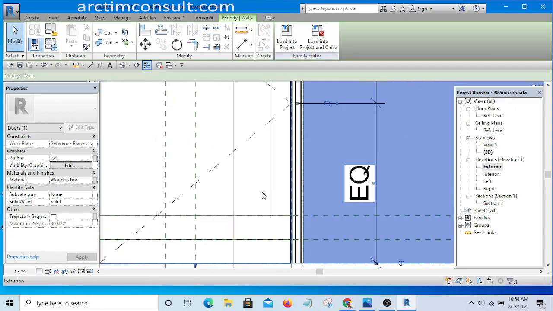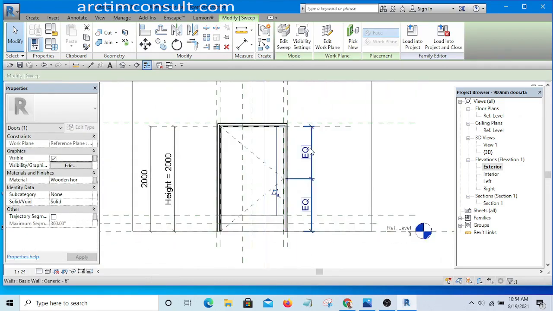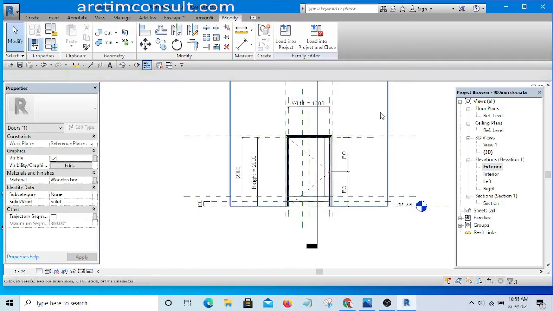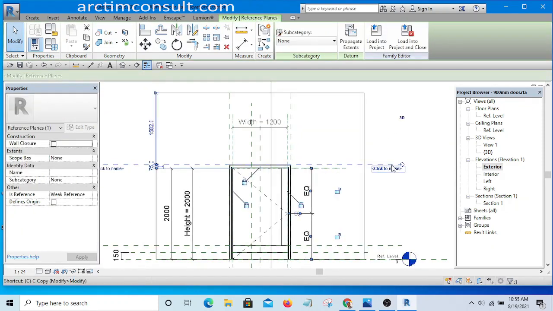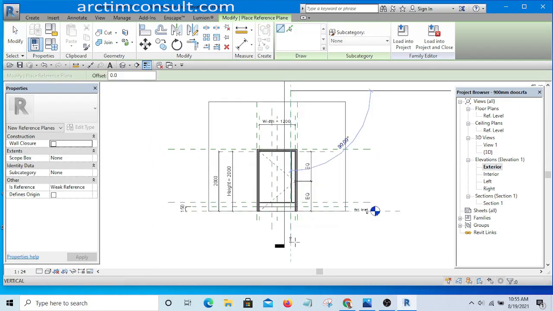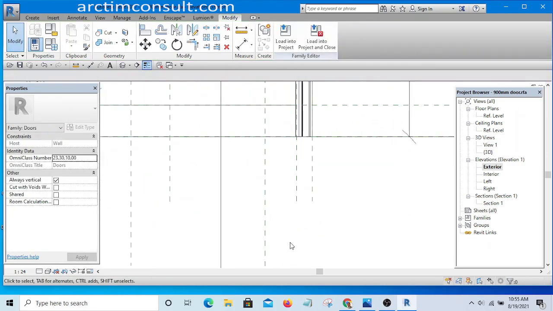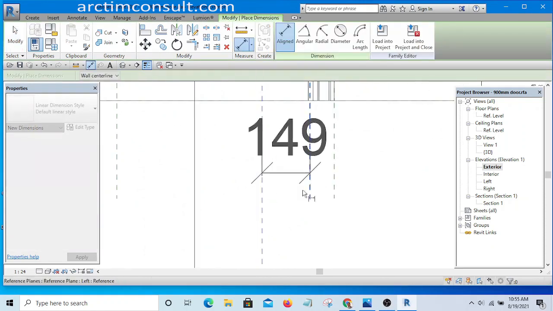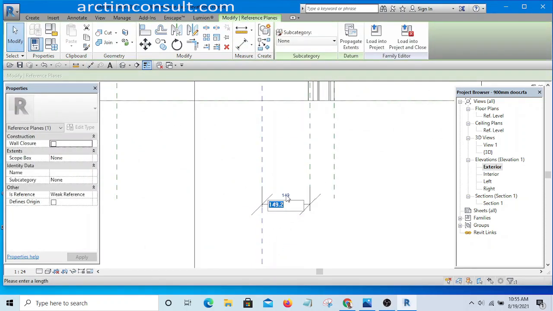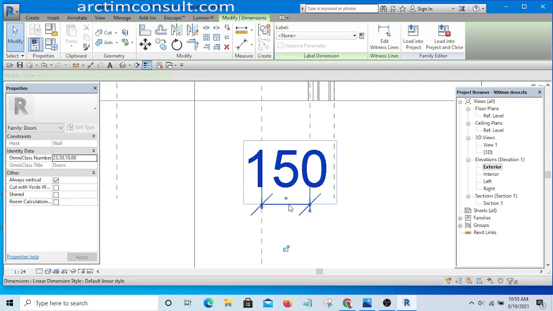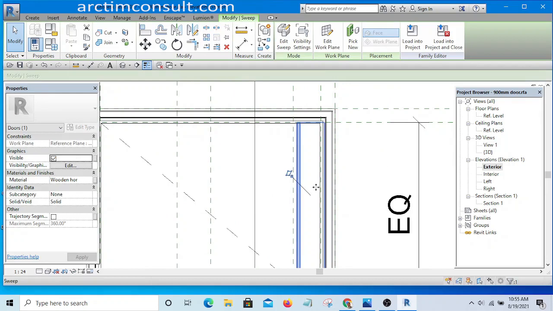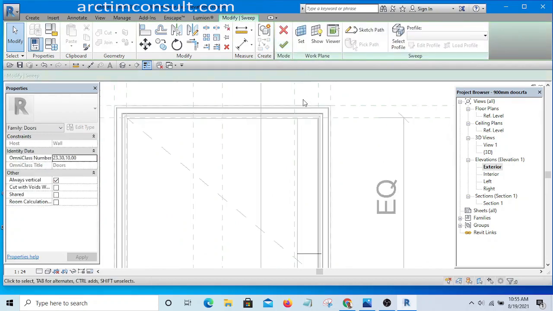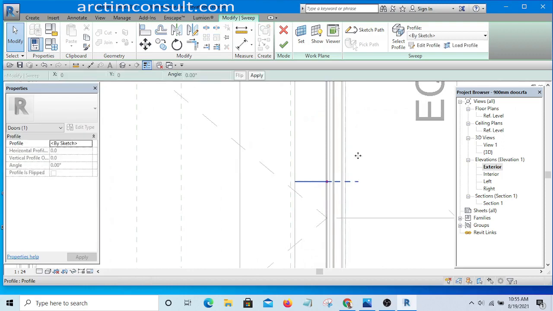Okay, if you see, it's facing the wrong side, so before I resolve that, I'm going to place a reference plane here so that I'll have something to lock it to, and I will assign a dimension. The dimension should be 150 mm, and I am going to lock that particular one. Okay, so let me edit this. Edit sweep, edit profile,